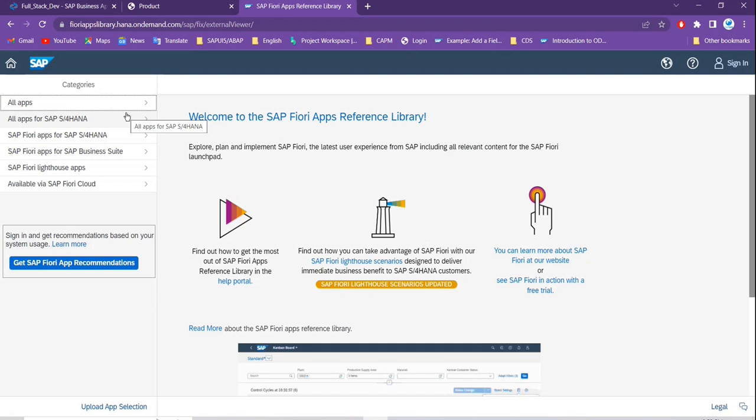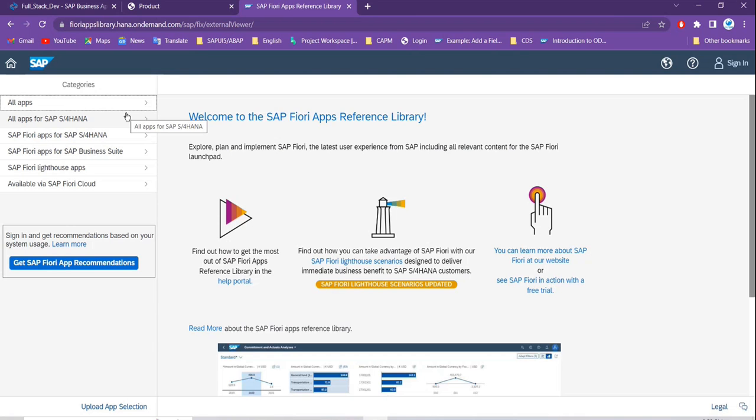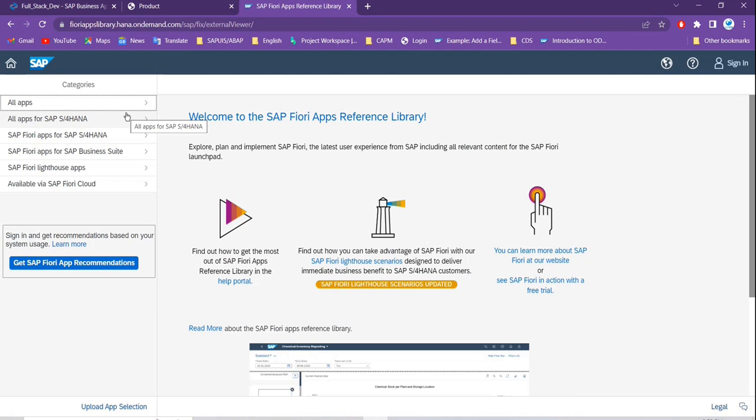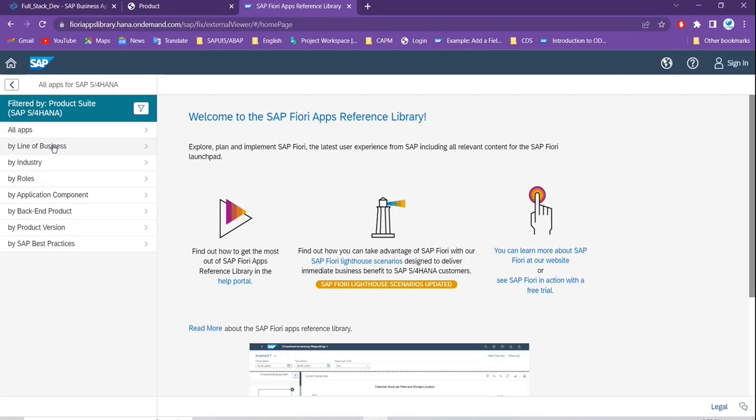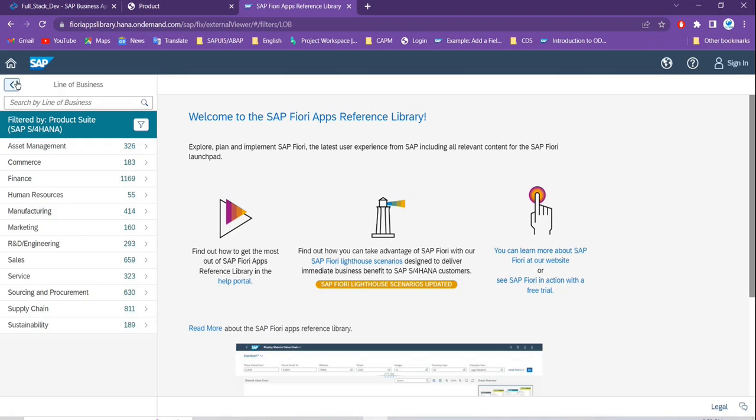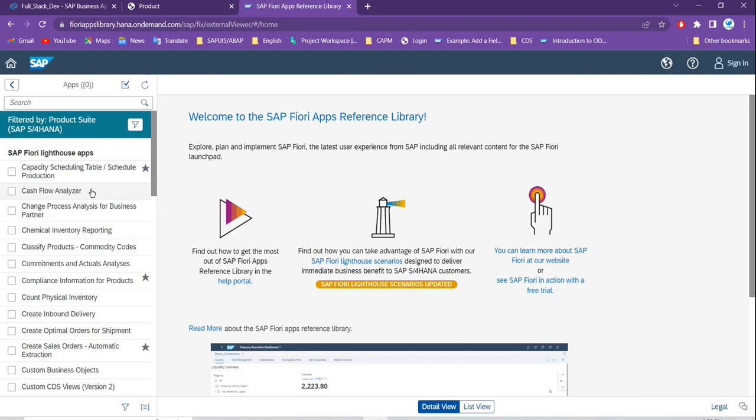Now what we will see: I'm already using an S4 HANA system, so I'm going with All Apps for SAP S4 HANA. I'll choose this and go with all apps. You can also go with the business type, meaning what type of app it is. Sorry, let me go back. I'm going with all apps, and here I will search for